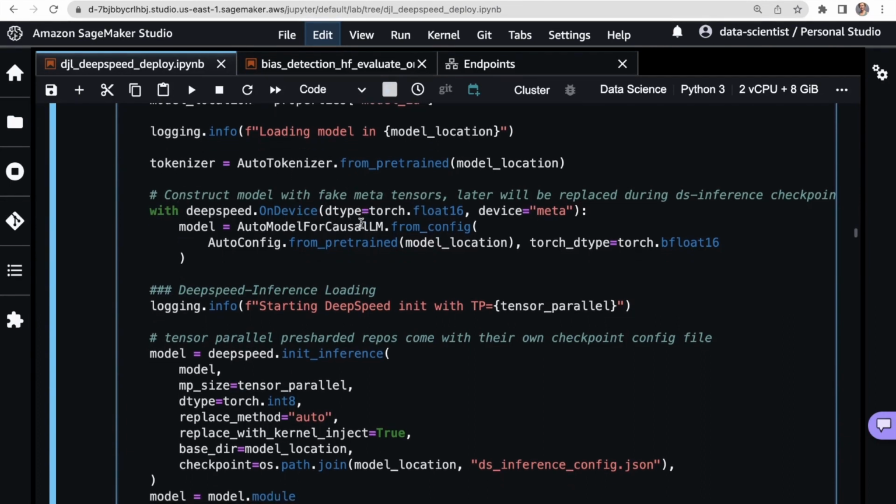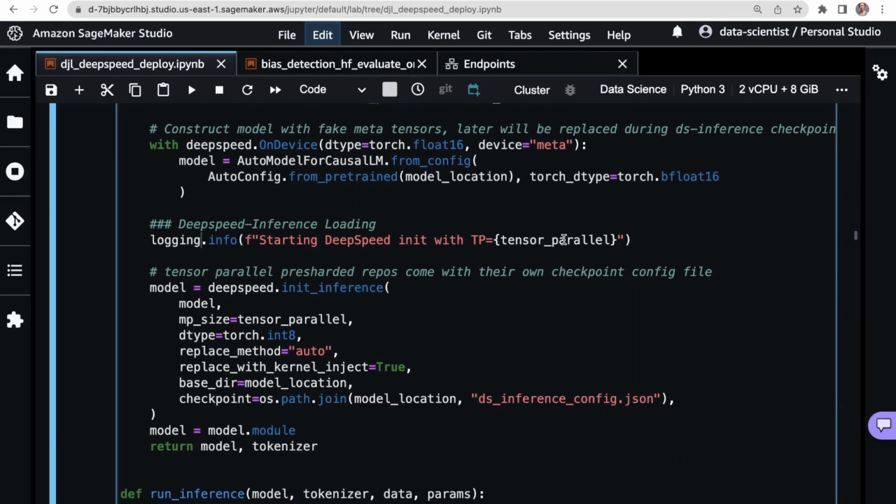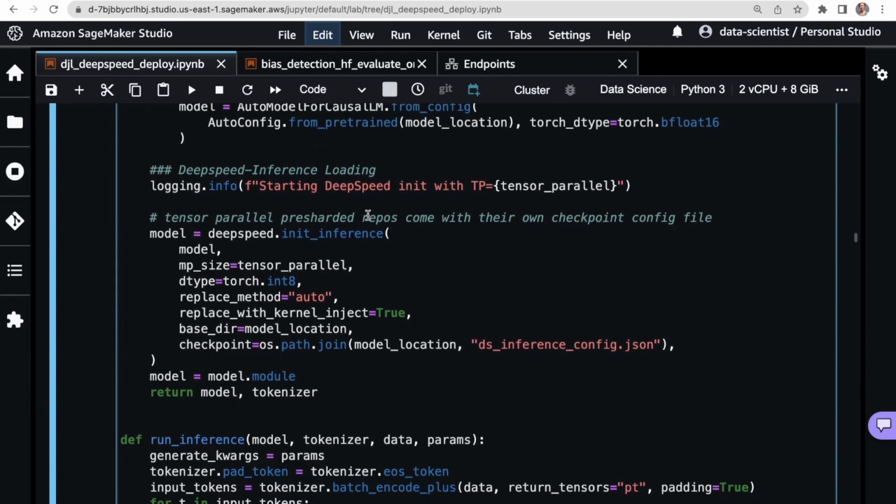So the model is from this AutoConfig, same as before, using BF16. And then the logging, and remember this just goes straight to CloudWatch so you can see what's happening. So starting DeepSpeed init with a tensor parallel degree of whatever this is going to be. And then we define the model. And the tensor parallel pre-sharded repos come with their own checkpoint config, which should be great.